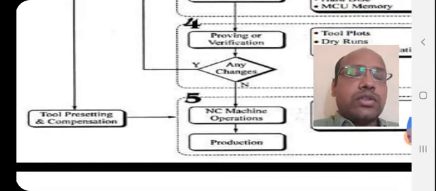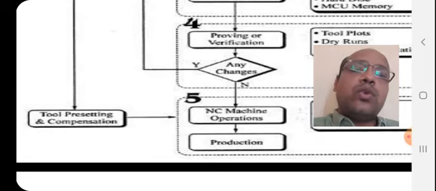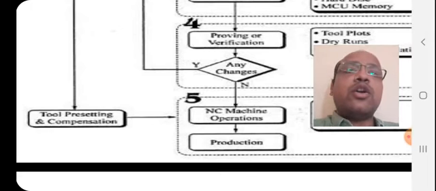One more thing I forgot to tell you, it also consists of tool presetting and compensation. Every now and then there is a movement of the tool, so there may be a change in the length of the tool because of the operation, and there should be a compensation of the tool. If you change the tool in a manufacturing operation, the reference between the tool point and the workpiece is changed, so that should be compensated.